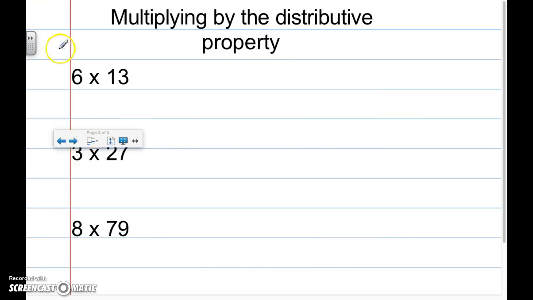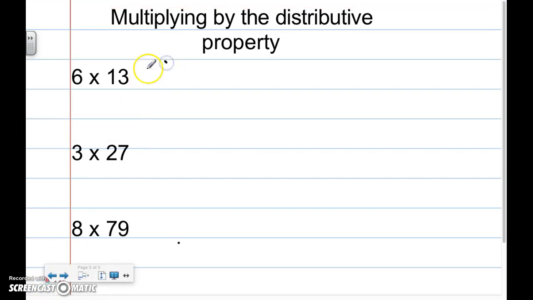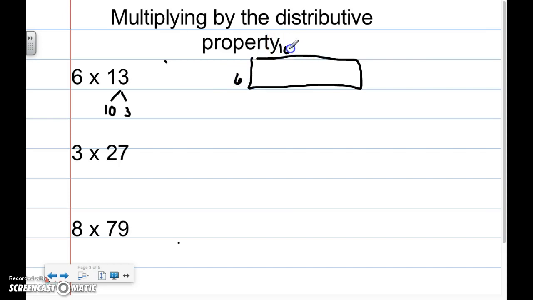Okay. Let's talk about multiplication via the distributive property. So when we do this, I'm going to take 13 and break it down into 10 and 3. So I'm going to set up somewhat of a strip diagram with that. I'm going to put the 6 here, the 10 goes up here, and then the 3 goes here. So I'm going to go 6 times 10. Well, 6 times 10 is 60. Then I'm going to do 6 times the 3 up here at the top, and 6 times 3 is going to be